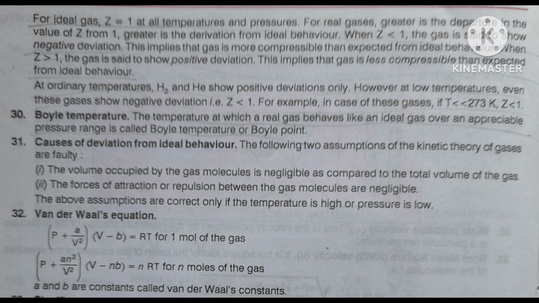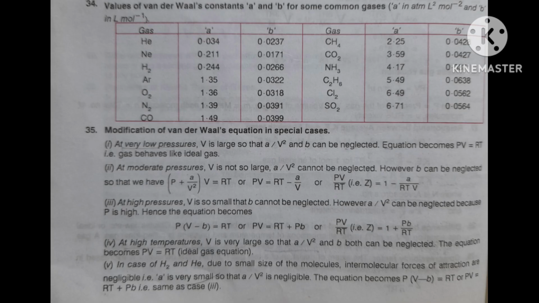Then what is the B? V upon n. Correct? Then for the B you will write L divided by n, that is per mole. L per mole, capital L per mole. Correct? That is the unit of B. Okay. A small b is equal to nb, that is a correction term, correction volume. Then B is equal to b upon n. Then for the B, only B, that is L divided by mole, you can write L per mole.